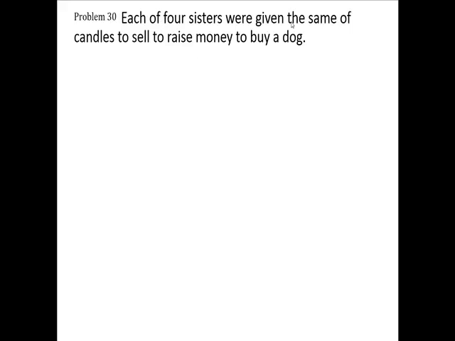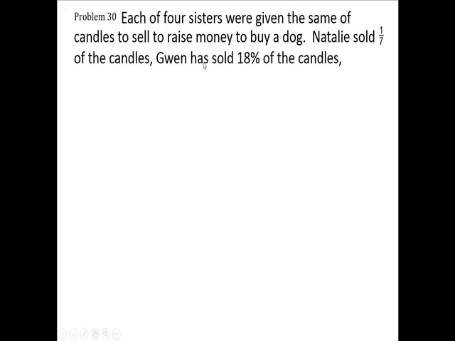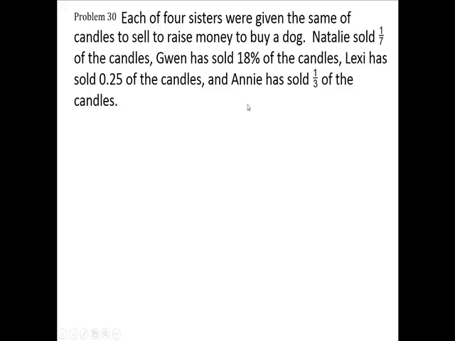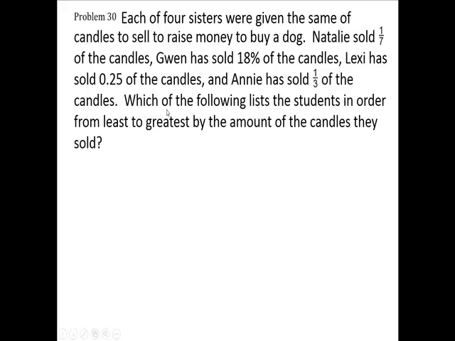Each of four sisters were given the same amount of candles to sell to raise money to buy a dog. Natalie sold 1/7 of the candles. Gwen sold 18% of the candles. Lexi sold 0.25 or 25% of the candles. And Annie sold 1/3 of the candles. Now, which of the following lists the students in order from least to greatest by the amount of candles they